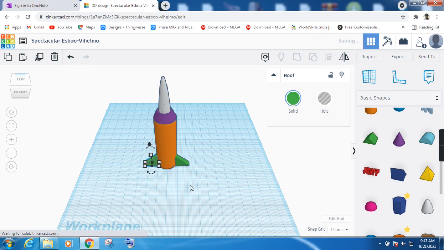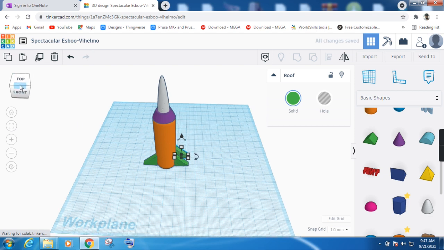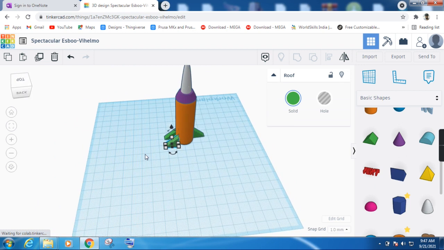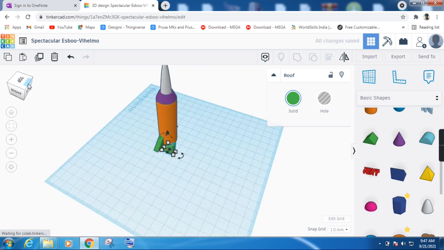Now you see that. Now click duplicate again, and we'll take the front like this. Let me rotate my view, so I'll go this side. And I'll rotate this one to 90. Let me see, is it okay?